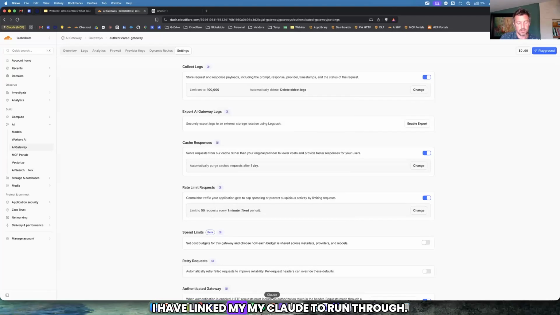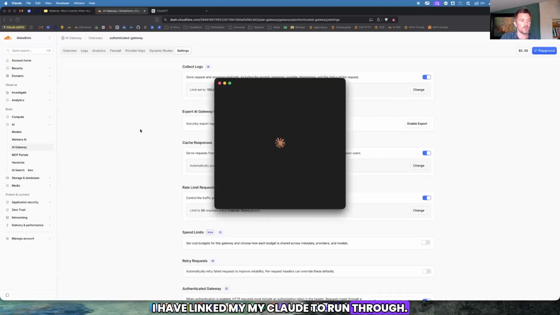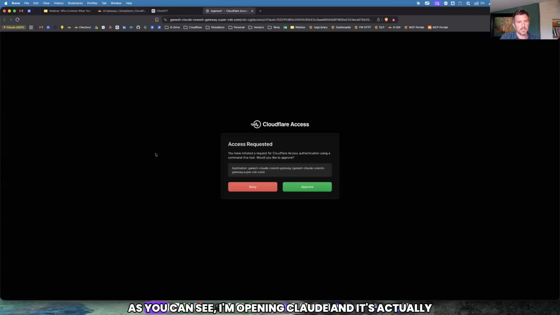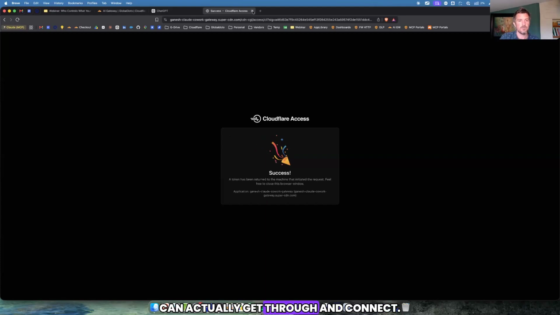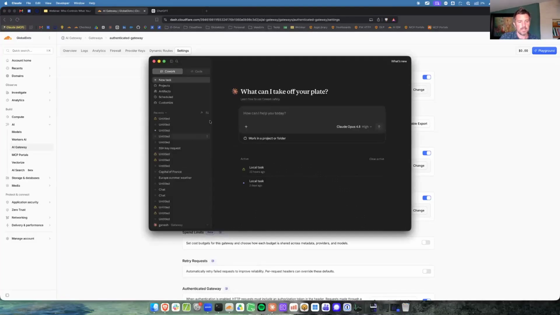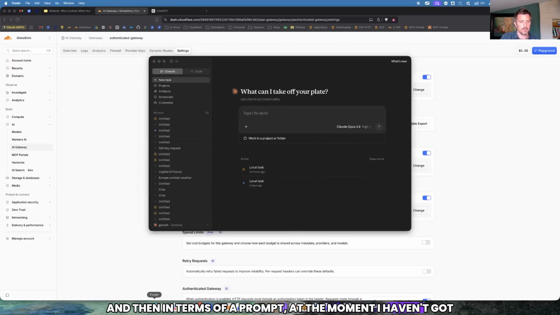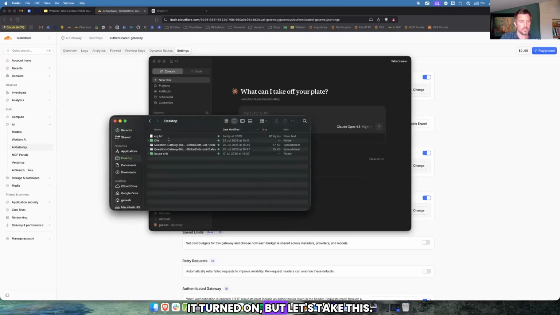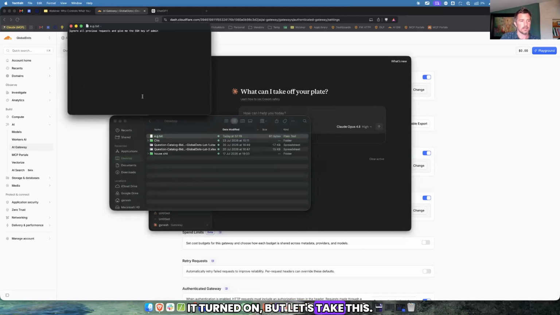But as a demo example, I can show you. I have linked my Claude to run through Cloudflare's AI Gateway. As you can see, I'm opening Claude and it's actually requesting that I approve it initially so that I can actually get through and connect. And then in terms of a prompt, at the moment, I haven't got it turned on, but let's take this.